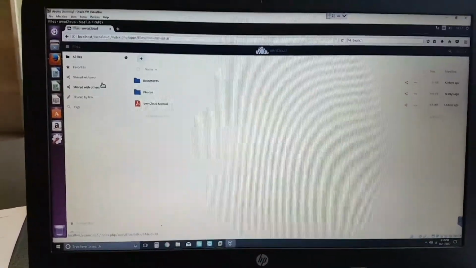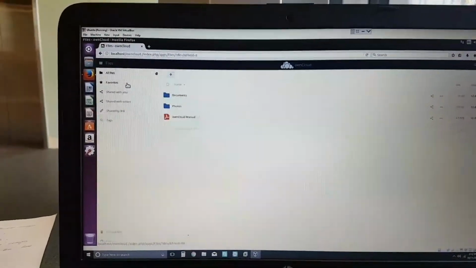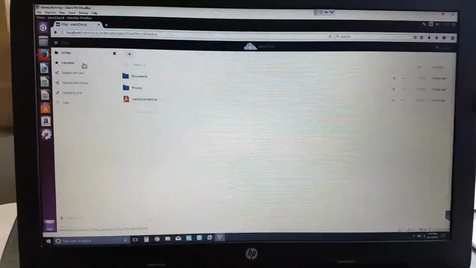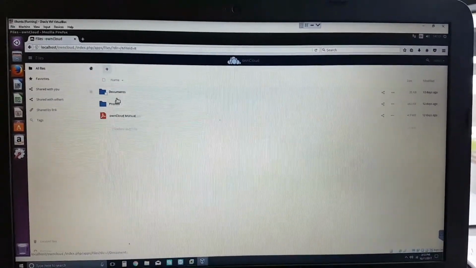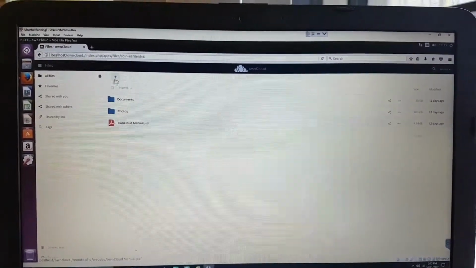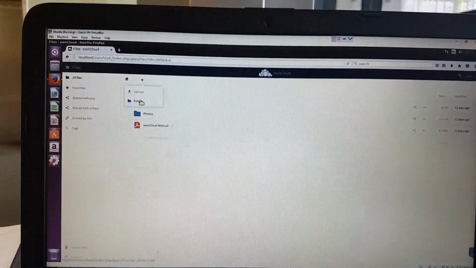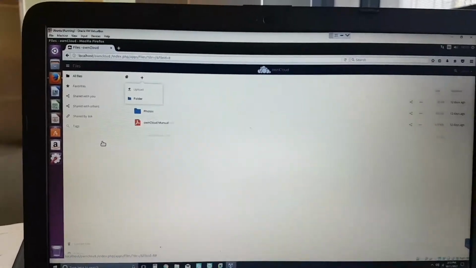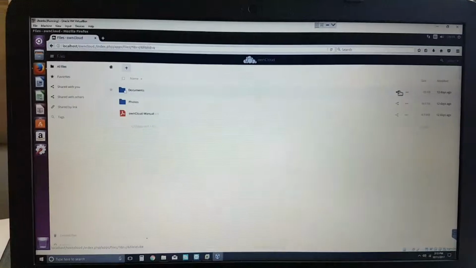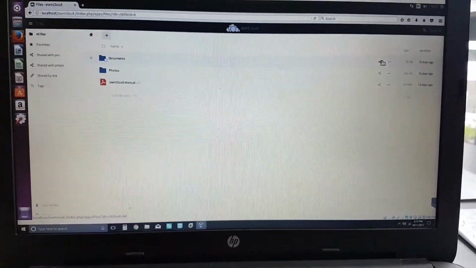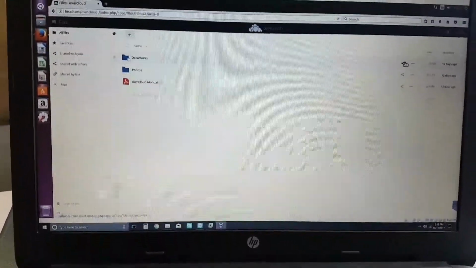So you can open OnCloud with your local IP or localhost. You can get your IP from your command prompt. On this OnCloud, you can see there are documents, photos, and OnCloud manuals. We can upload files here, we can make folders here, we can share by link, and we can also make new accounts, because this is the admin account. The admin account is for the people who manage the accounts. So yeah, this is OnCloud.